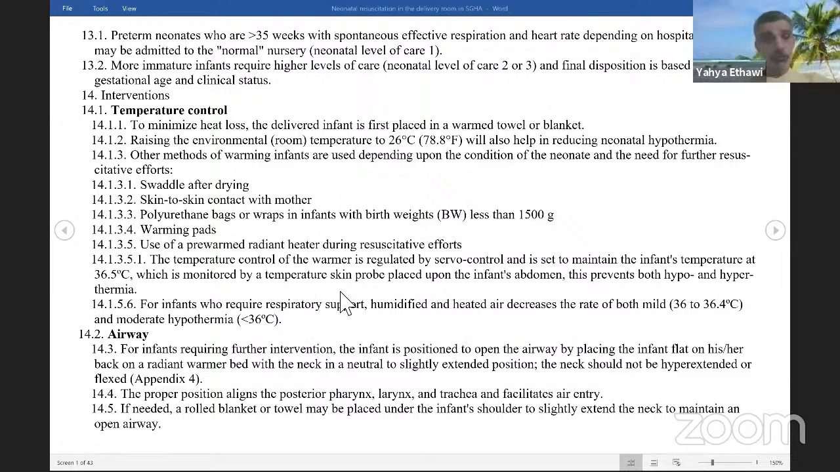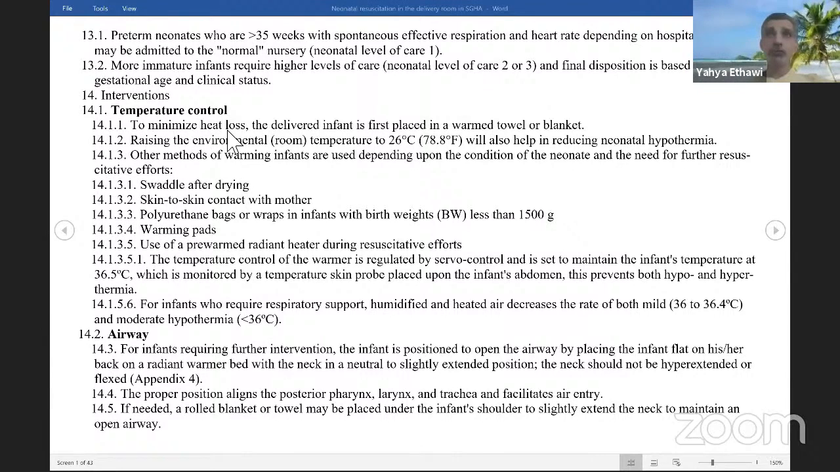For a baby who needs respiratory support and needs humidification, you need the temperature of the incubator to be 36 to 37.5, or the temperature of the baby. And if you decide that you need less than 36 for any reason, or moderate hypothermia, then you need to seriously monitor the baby. So again,